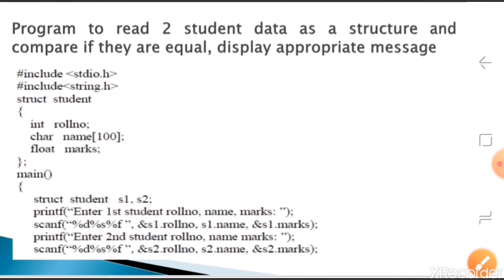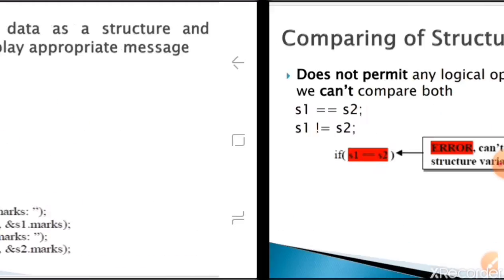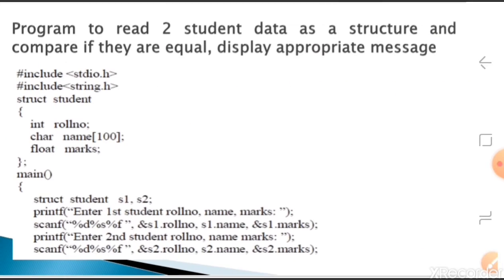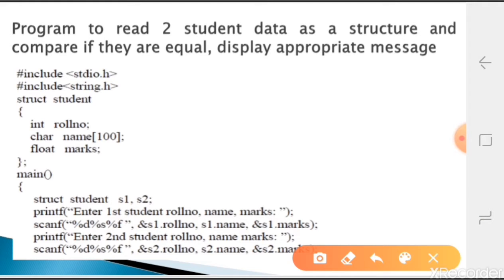Now, we tried comparison and it throws an error. Suppose you want to compare two students' information, how will we do it? We'll study that in this program. We'll take two student inputs from the user and check whether both students' information is equal or not. If it is not equal, we'll display an appropriate message, and if equal, we'll display that both students are the same. Here we check each data member individually, and if all data members are the same, we say it's equal, otherwise not.